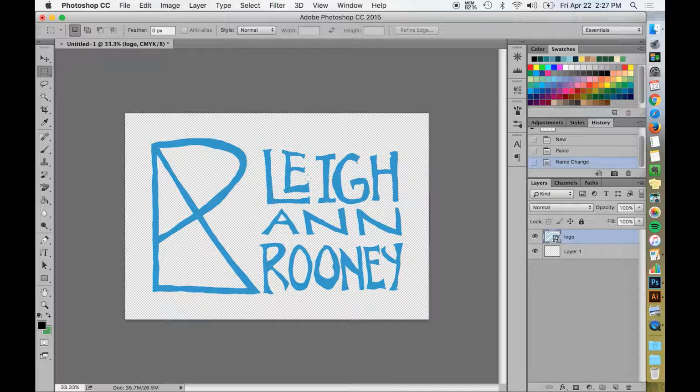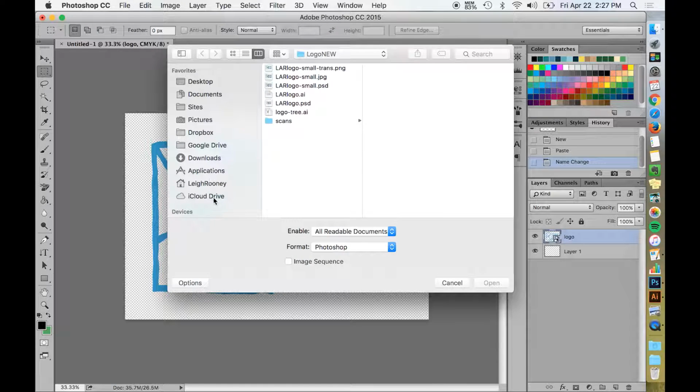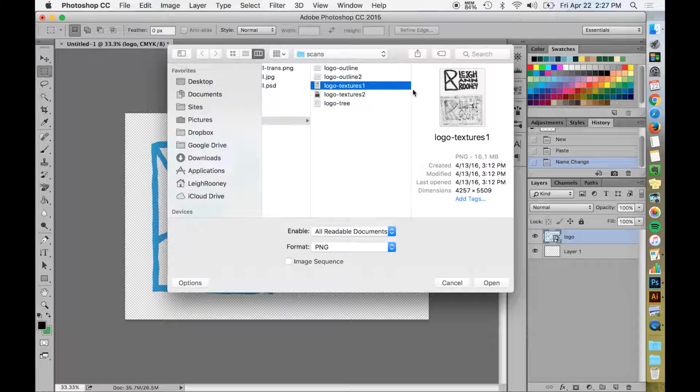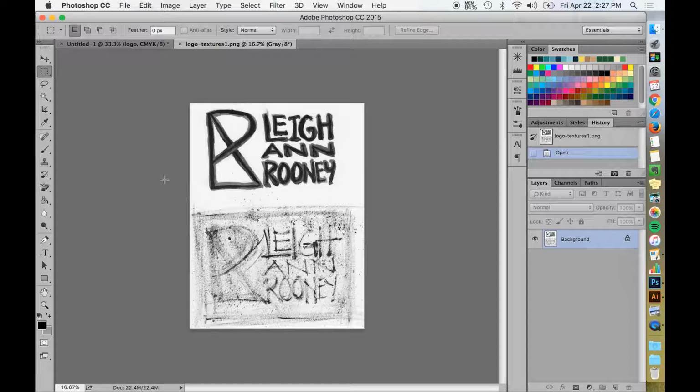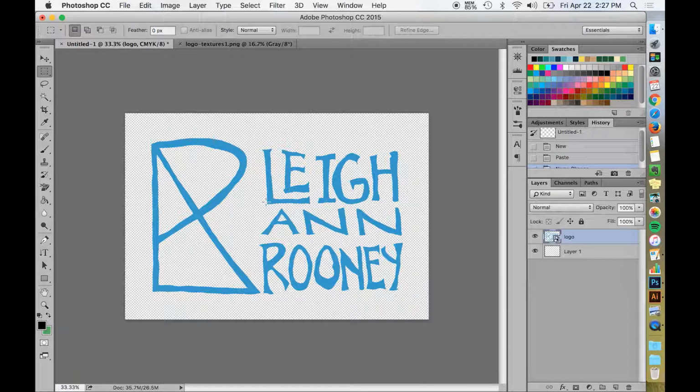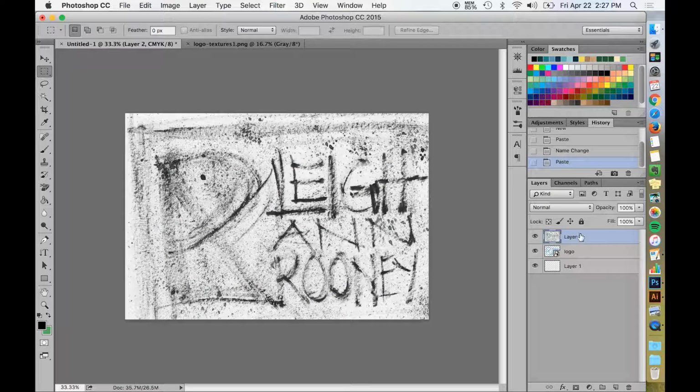Okay, now we're going to bring in some of the textures. Command O for open, and see, that's what I want. Open, and I'm just going to take this rectangle selection tool, bottom part here, Command C, come back in here, Command V, call it toothbrush texture,